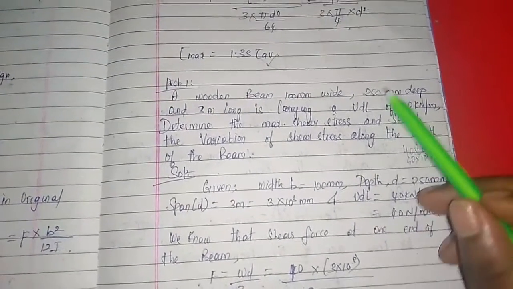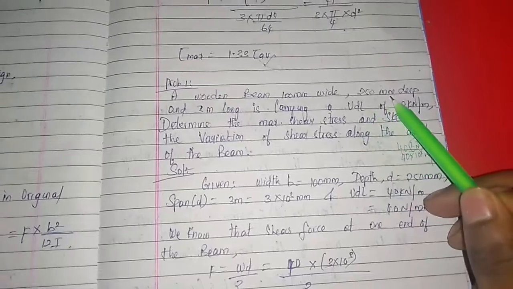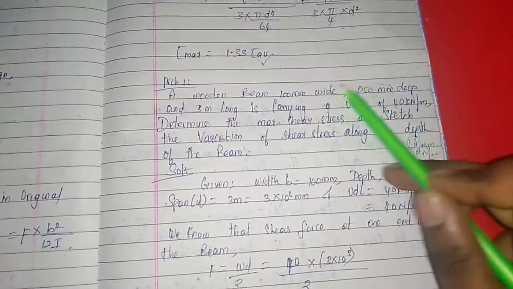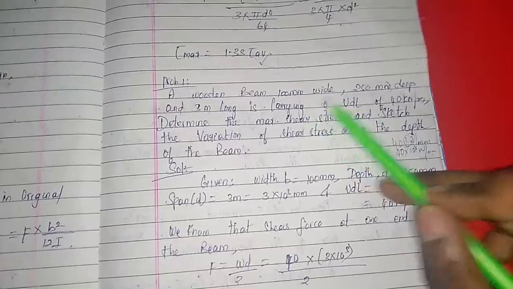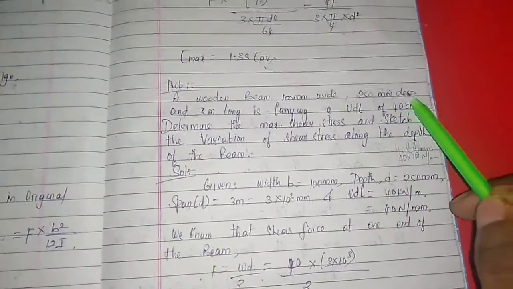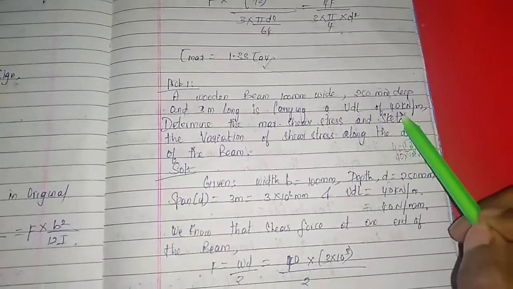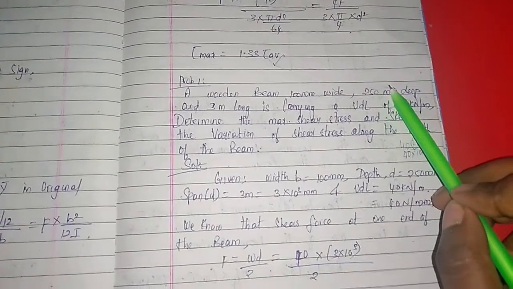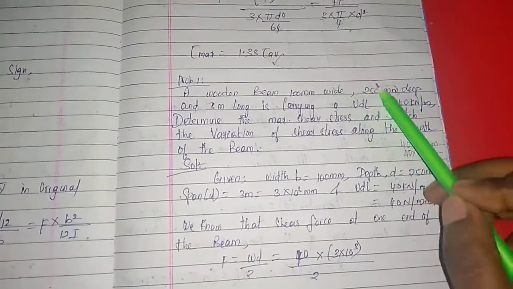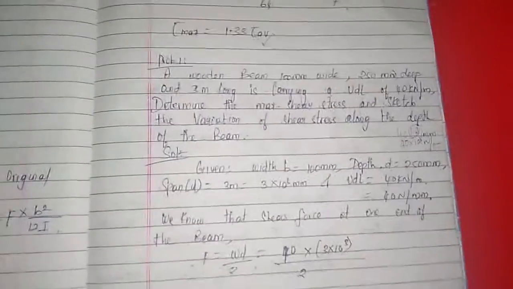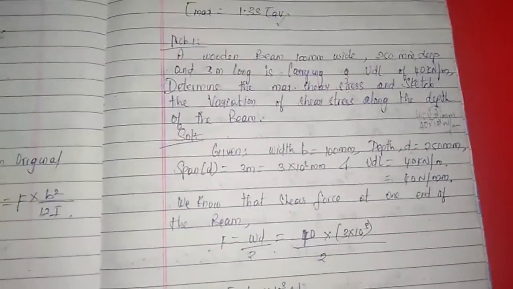So if you are going to derive or solve your formula in mm, all values should be converted into millimeter. That means your load should also be converted to Newton if you are solving in millimeter. Or else, if you are solving in meter, you should convert everything to meter. But working in millimeter is very simple for you, so you can go for millimeter. Okay.